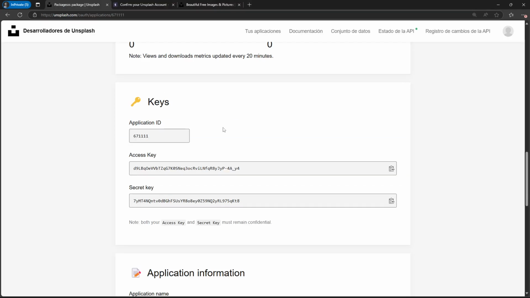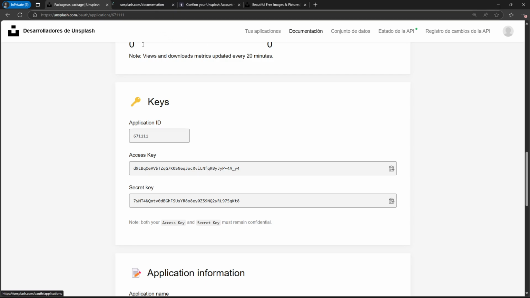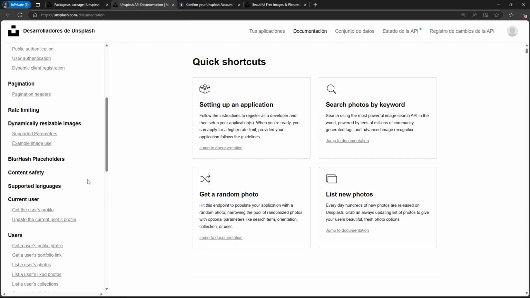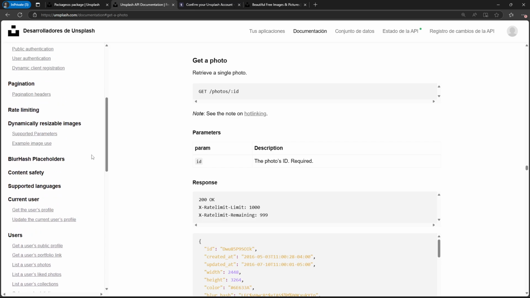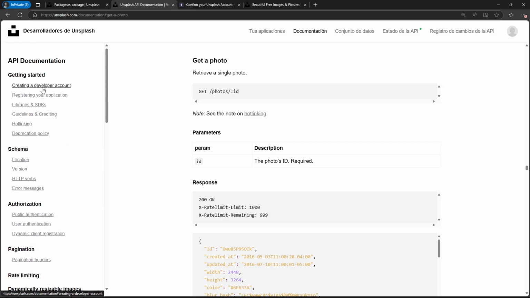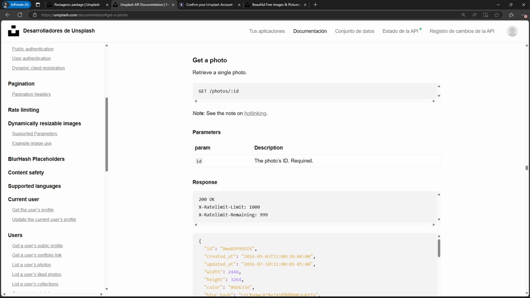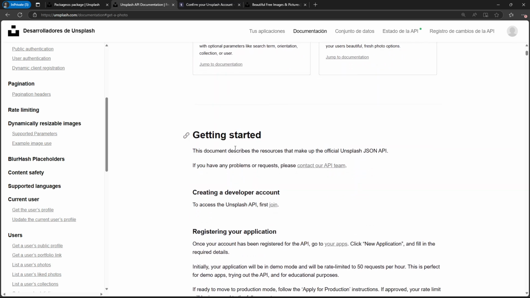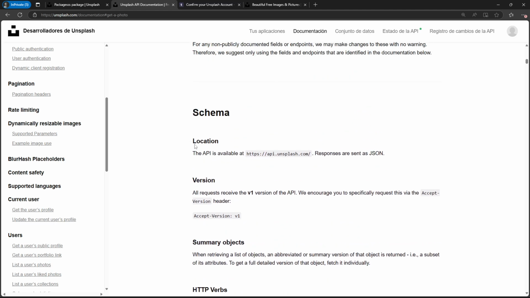Let me return to the documentation to look at the specific Unsplash API URL. For example, let's select get a photo, or maybe we have to go to the top of the documentation to get the main URL. Let me search. Okay, we have here the schema, the location, and it says that this is the main URL